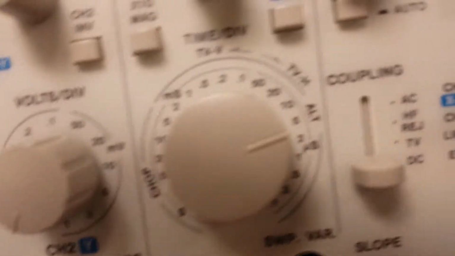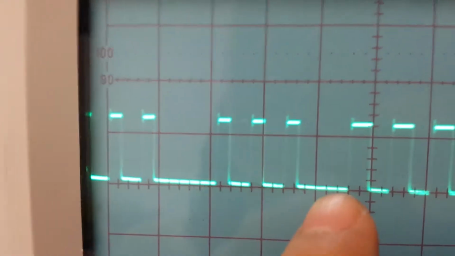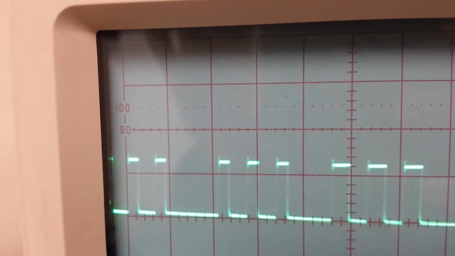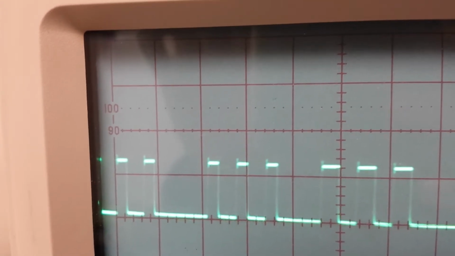Okay, and we look at the time division. I set this to right here. See that it's set to, oh, that's very hard to see. It's not focusing. Okay, set to 5 microseconds. That means each one of these little sections is 1 microsecond long. So that means 1 dot flashes for about 1